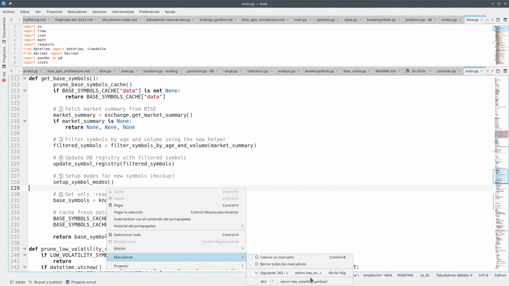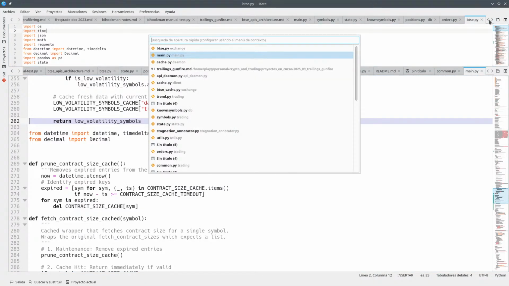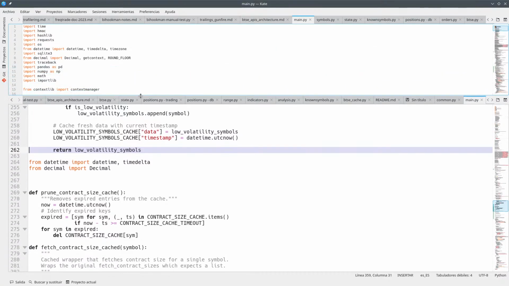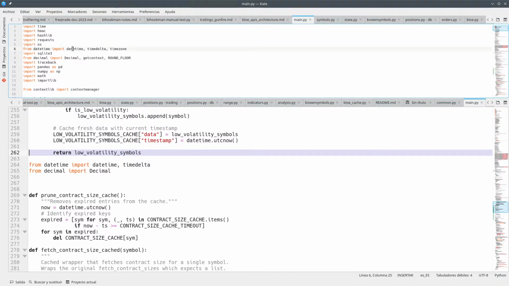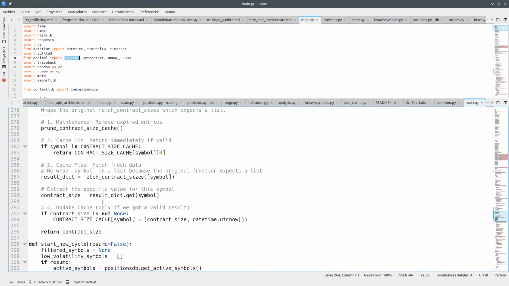Okay. And so down here, the question is, if we go into main.py, the very first lines, do we have everything that we need? We have datetime, we have timedelta from datetime, that's okay. And from decimal we import Decimal, so there's no need to have those extra lines, we already have them. Nice. So prune contract size, and yeah,